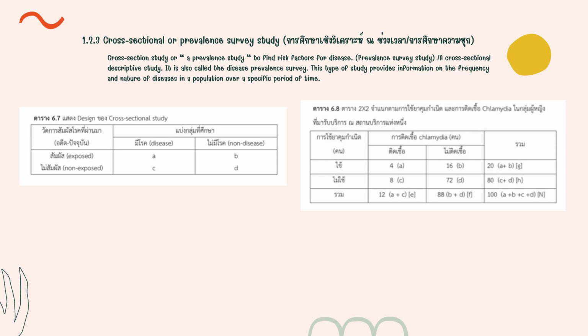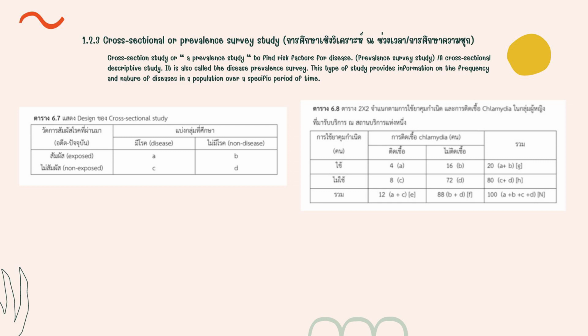B, exposure and non-disease. C, non-exposure but disease. And D, non-exposure and non-disease. For the totals, bring A plus C for the disease and B plus D for non-disease. As an example,